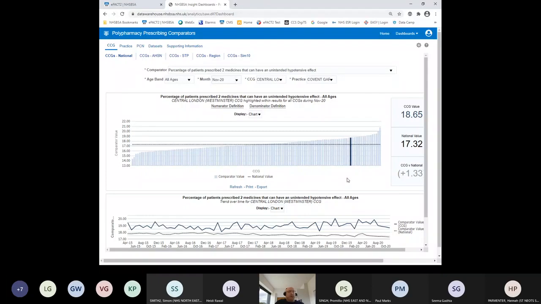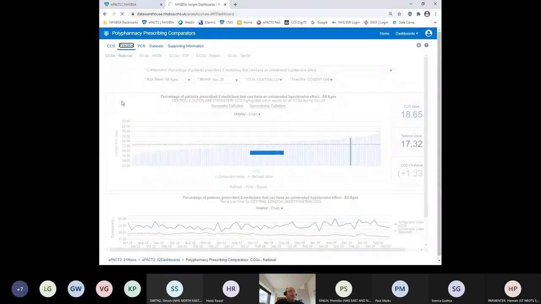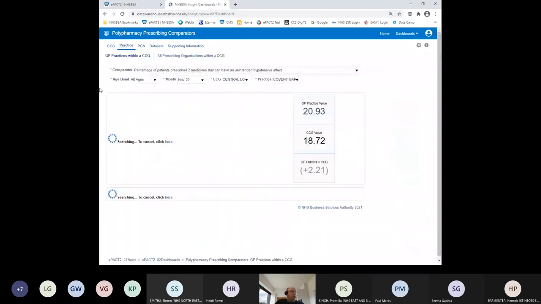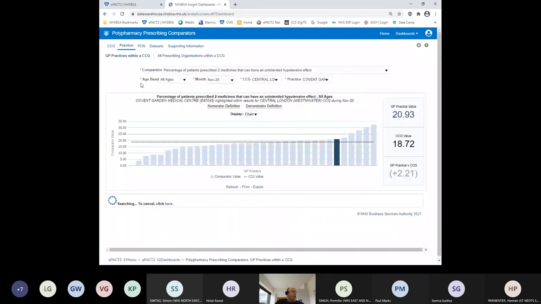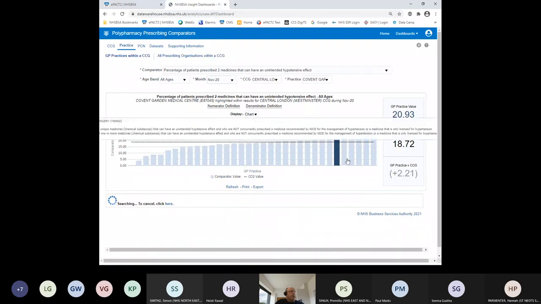Once you've identified if it's an issue for the CCG, you may then want to drill down and see if there's any particular practices within the CCG that have a particular issue with that area of polypharmacy. To do that, you can simply switch across to the practice tab. That will then break down the information for the CCG that you've selected to the individual practices that are registered under it. So I can see now I'm going to get a breakdown of all of the practices within the